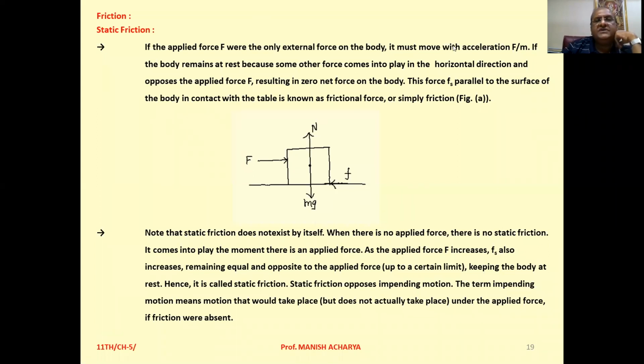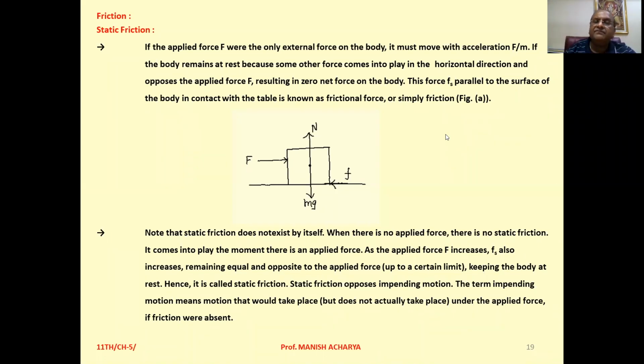Now, friction. Suppose an object or body is lying on a surface and we apply some force F to the body. Suppose the mass of the body is m. Then as per Newton's second law of motion, F equals ma, so we can write acceleration a equals F by m. So if force F is applied to the body lying on the surface having mass m,